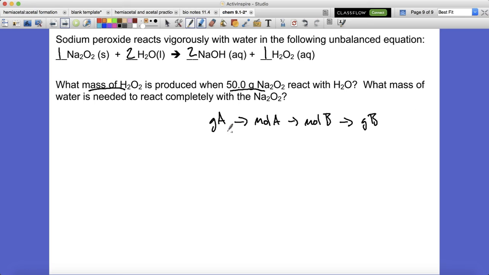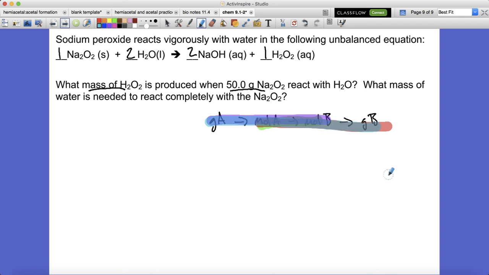But notice, not actually every time, because all the other problems, we only did part of this work, right? Because in one problem, you started from here to get that, right? The very first problem we did was just a mole-mole ratio, right? And then we did problems where you started with moles of A and you wanted grams of B, so you only did that much, right? But then our last problem we had was actually from grams of A to moles of B. And this problem just happens to be the whole thing, all the way from grams of A